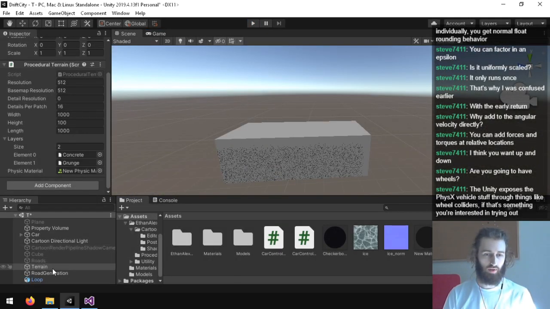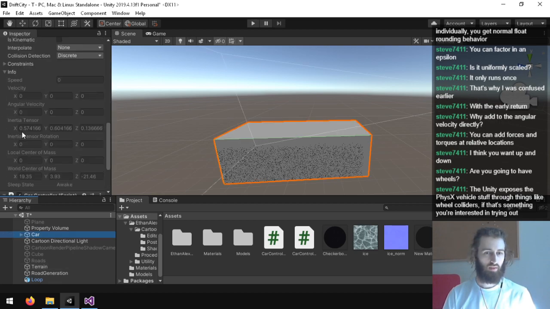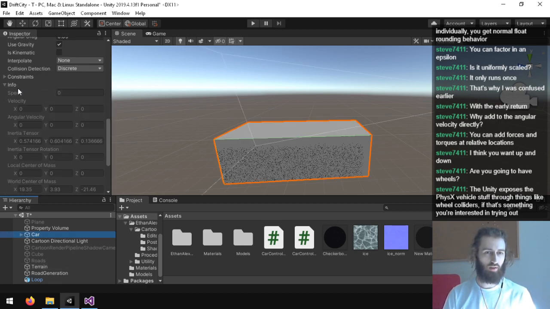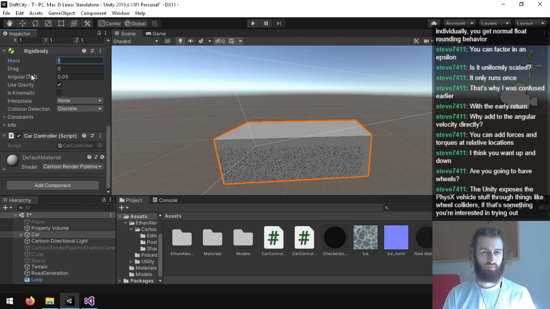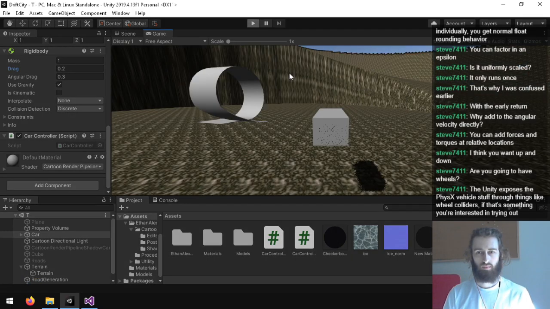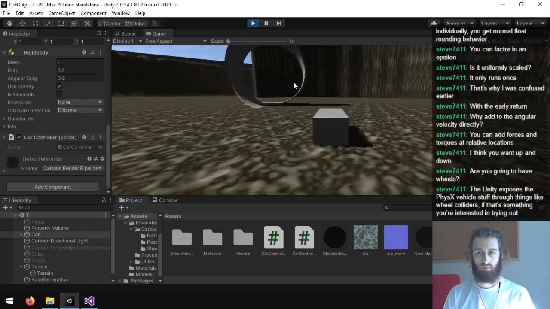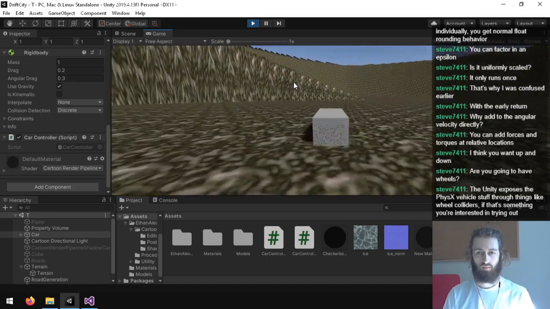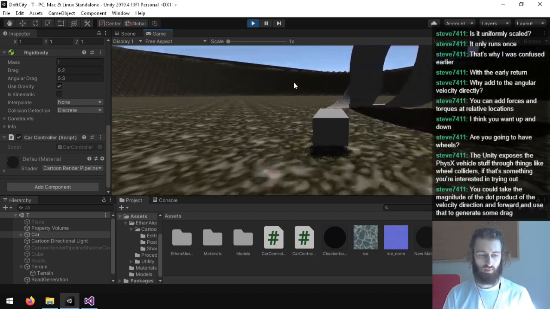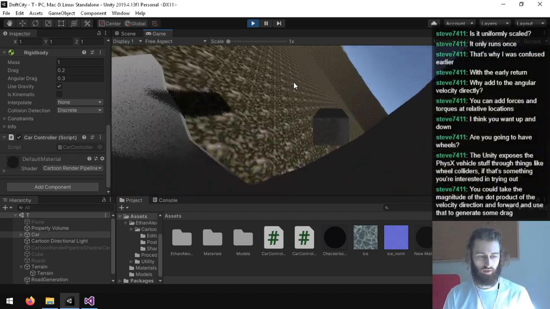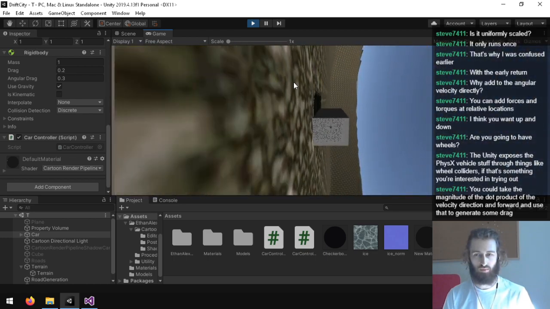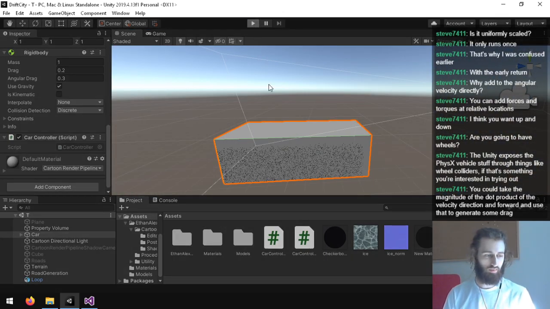I'm also wondering, what if I just ramp up the drag and friction and stuff and then compensate for that? Take the magnitude of the dot product of the velocity direction and forward and use that to generate some drag. That's true.